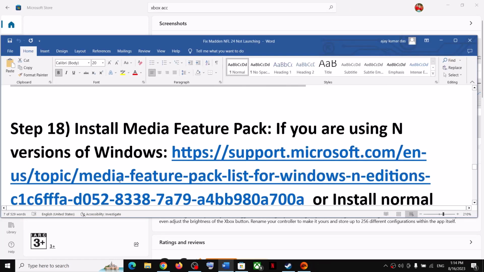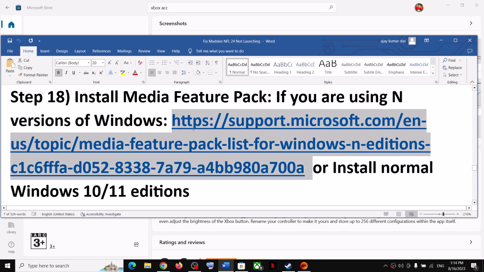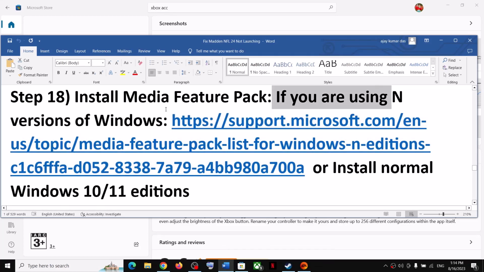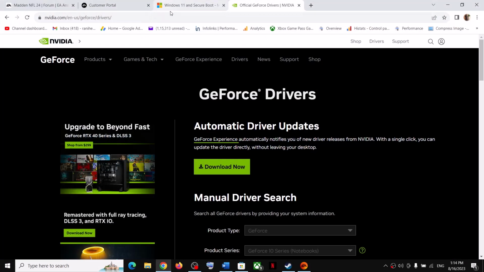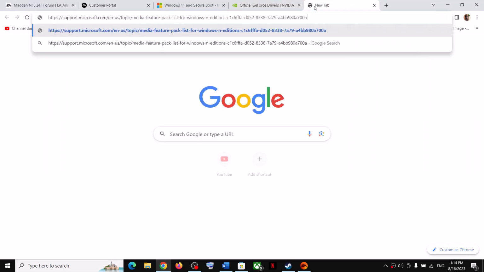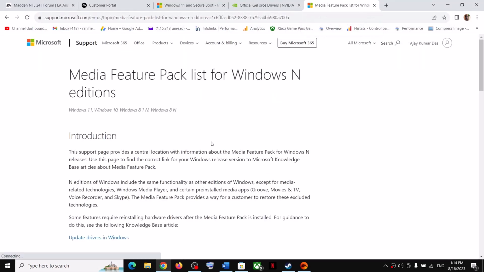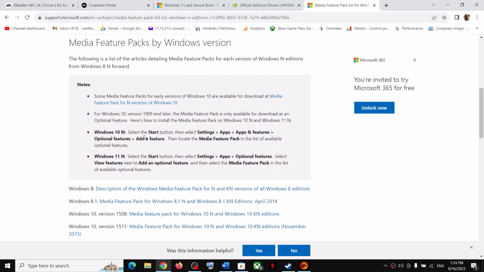Next step is to install Media Feature Pack. Now go to this website. This is for N version of Windows. If you are using N version of Windows, then you can install the media feature pack. For this, go to this Microsoft website. The link is provided in the video description. Over here you can see for Windows